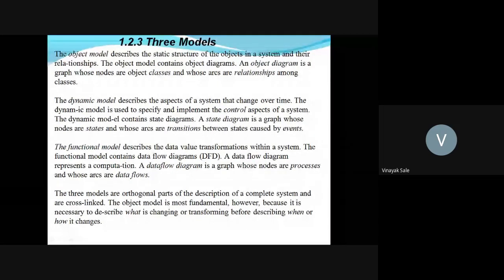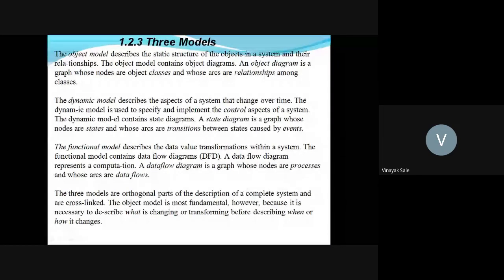First is the object model. The object model describes the static structure of objects in the system and their relationships. The object model contains an object diagram, and an object diagram is a graph whose nodes are object classes and whose arcs are relationships among the classes. Dynamic model. The dynamic model describes the aspects of a system that change over time.